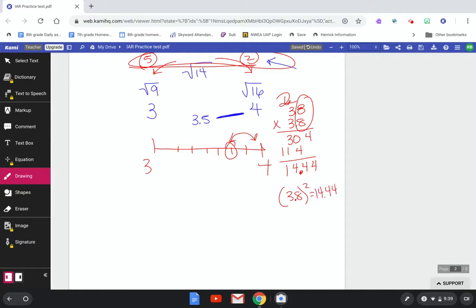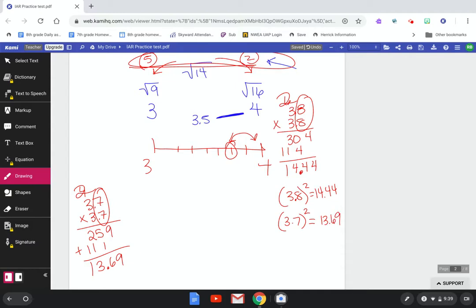It's greater than 14. So now, in order to square another number, I'm going to choose 3.7. And I'm hoping 3.7 squared is going to be less than 14. Let's see. 7 times 7 is 49. 7 times 3 is 21, plus the 4 is 25. 3 times 7 is 21, carry the 2. 3 times 3 is 9, plus the 2 is 11. Add that up, and you have 2 numbers after the decimal. Bring that in 2, great. 3 and 7/10 squared is